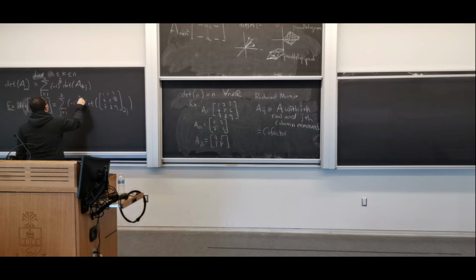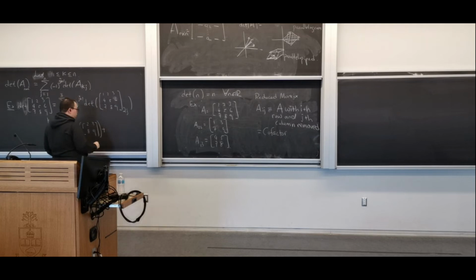If I plug in j equals 1, this becomes 2. So this is just 1. I'm looking at minus 1 squared times the determinant of this matrix without the second row and the first column. The determinant of 2, 3, 8, 9,